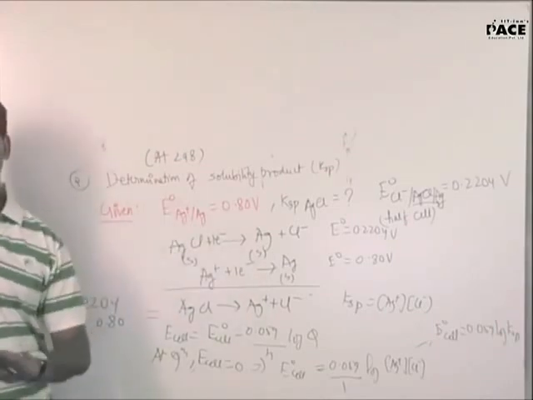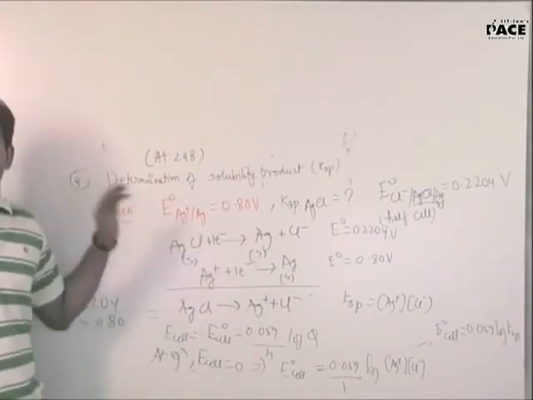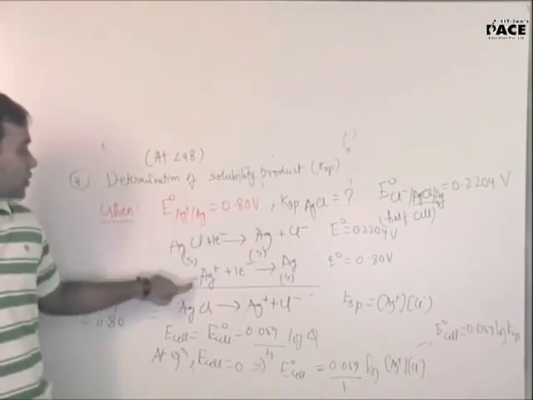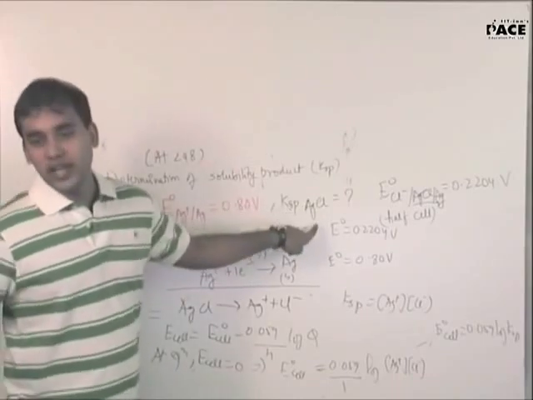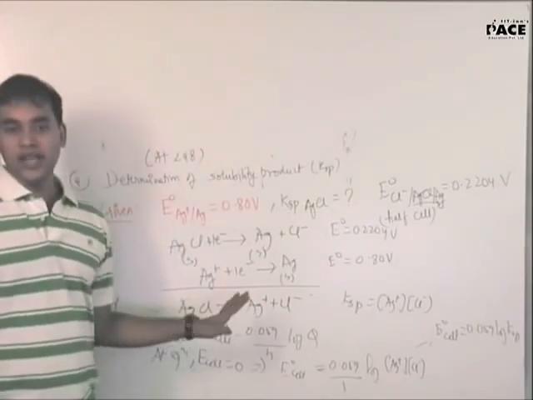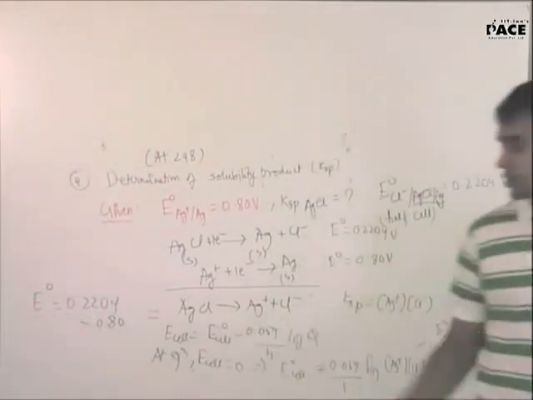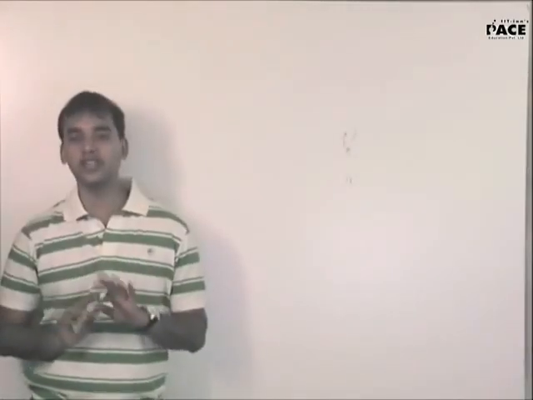This is the basic fundamental of electrochemistry. Write all the equations which you can see. For example, if I saw this, I wrote the equation. If I saw that, I wrote the equation. For KSP, I wrote the equation. And just, you will get all the values automatically. Clear? Do it once.